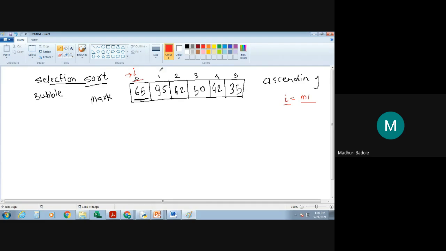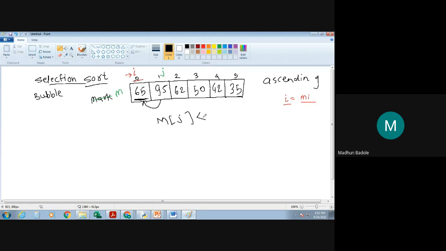So I'm going to consider j from the first location. Whatever the next element of i is, I'll be considering that as the jth index. Now you are going to compare, suppose I name it m, it is the short form. So what I'm going to do, I just have to compare this 95 with this 65. It means that I just have to compare m of j